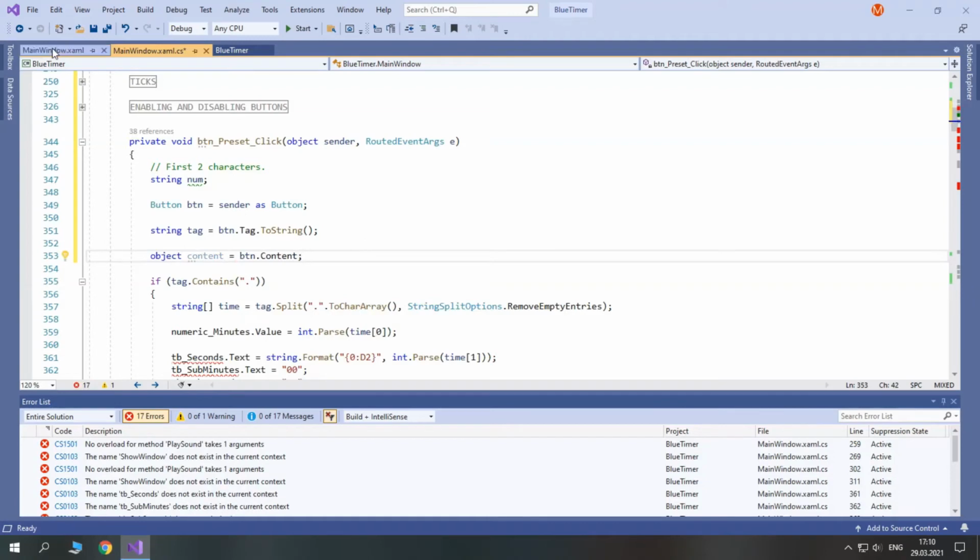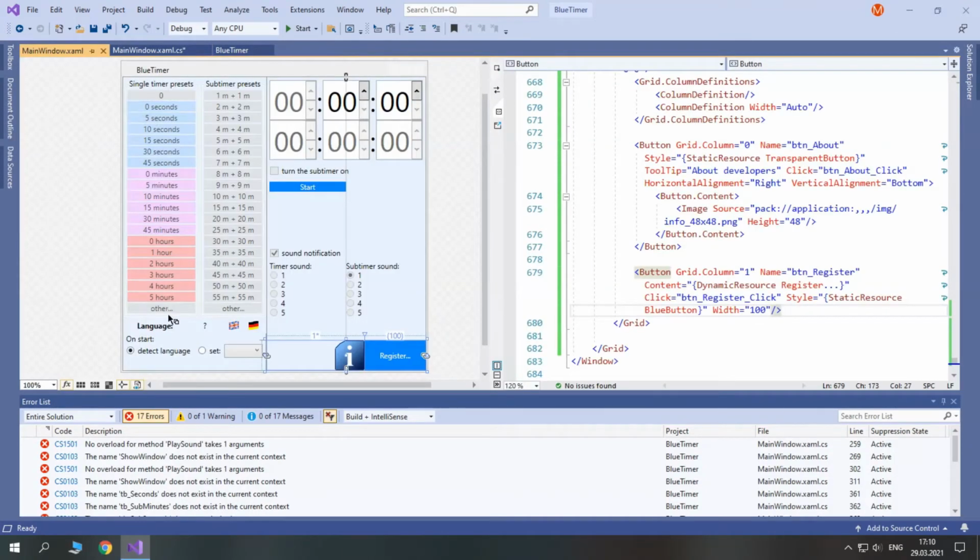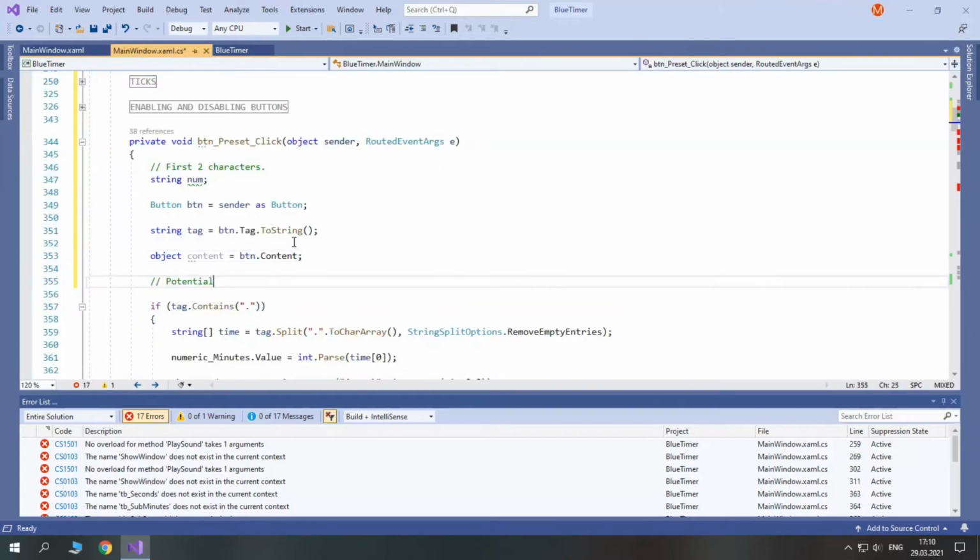And as you remember, we put text blocks inside of our buttons as their content. So potential text block set as buttons content.